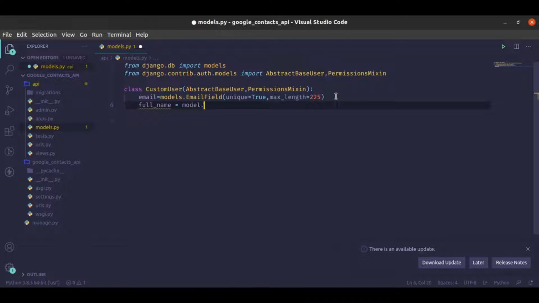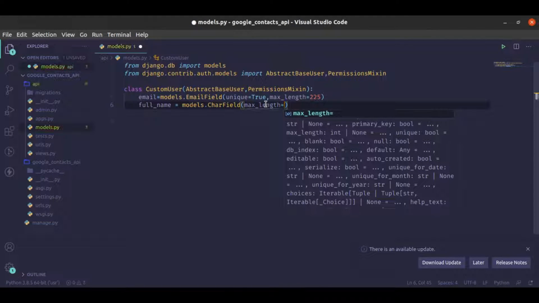So models.char field, sorry, it's supposed to be models. I'm going to pass in max length equals to 225. Okay,